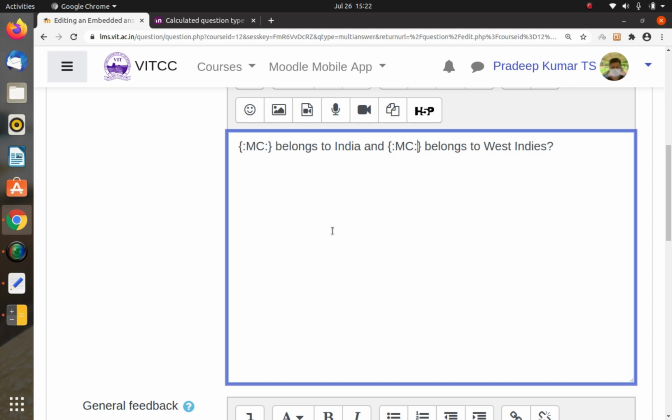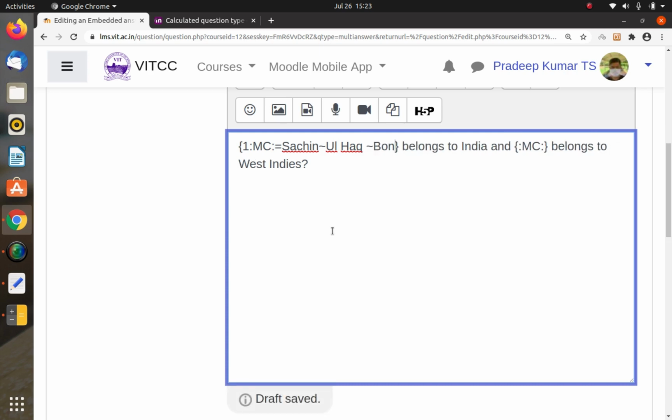You can use both. In this case, number 1, I make it equal to Sachin. Since it is equal to, this is the correct answer. Sachin is already there, but something made wrong: Ulhaq. Then one more, I can use bond. So these three answers: Sachin, Ulhaq and bond.